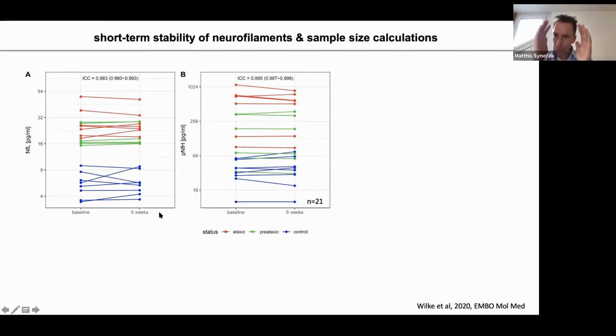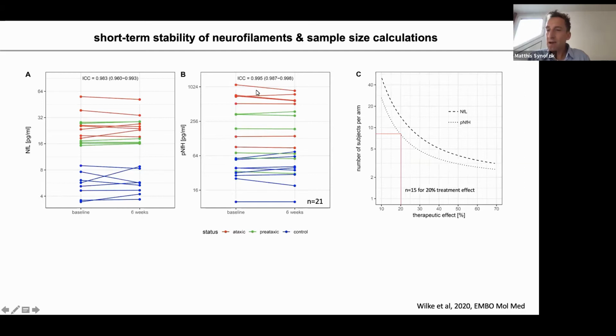And you see that in this short-term interval, where we want the biomarker to be stable, it's really stable. And this stable means there is no noise. And if there's no noise, this means it gives you a much lower variability. And that is, of course, helpful for calculating a biomarker-based sample size. And the numbers are then really low and much lower than what you have seen from clinical outcome measures like SARA or whatsoever. For example, if you want to have a 20% therapeutic effect, but being aware, therapeutic effect meaning not in a clinical scale, but meaning a 20% reduction of the NFL elevation, the NFL delta compared to controls.